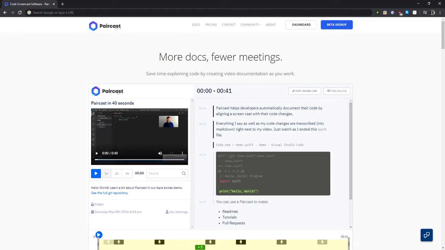So let's analyze your H1. "More docs, fewer meetings. Save time explaining code by creating video documentation as you work." Now, that is a great idea. I've had a similar idea in the past, but nothing of this size, so to speak, in terms of scope. I think it's an amazing idea, like I just said, and the title, the H1, gives enough information that me